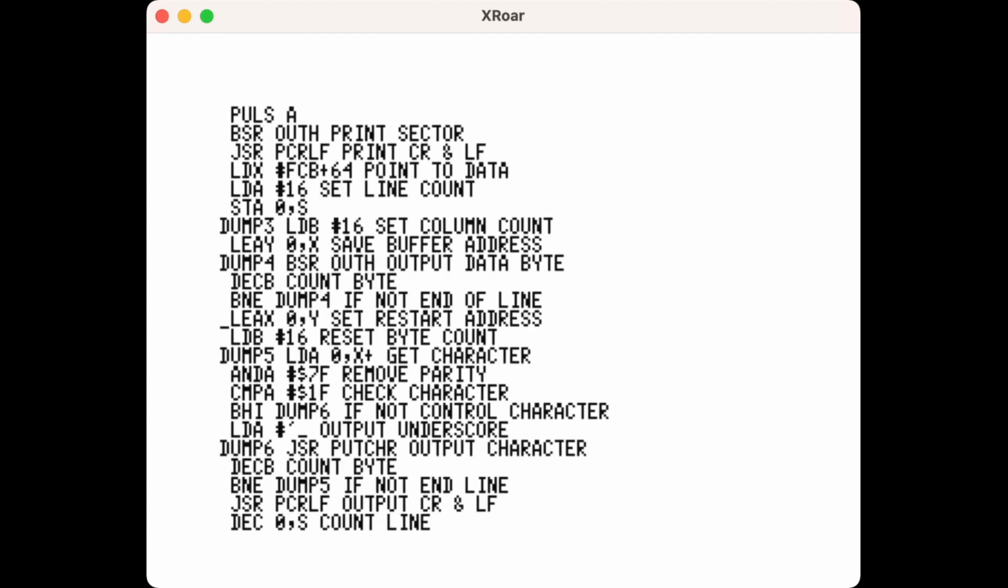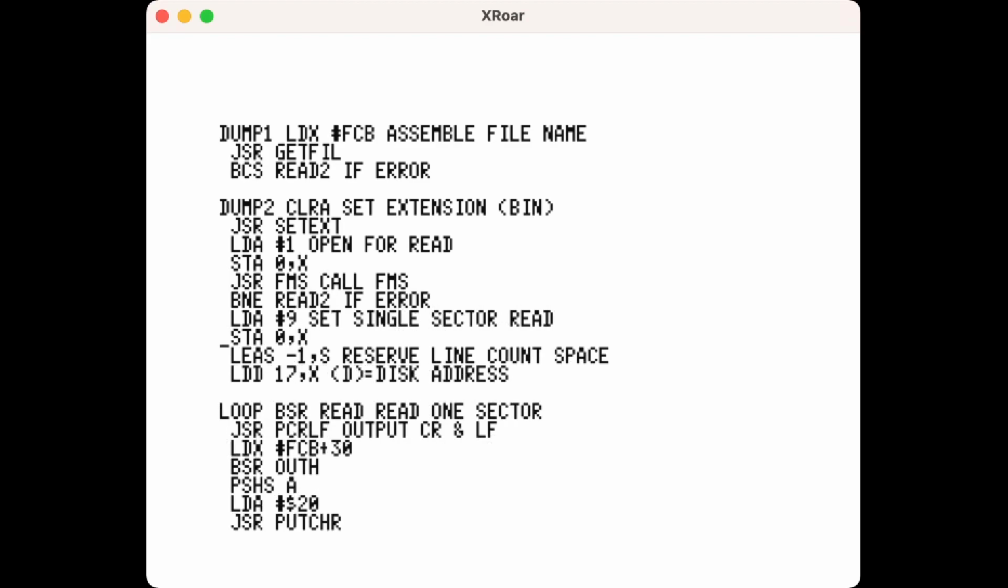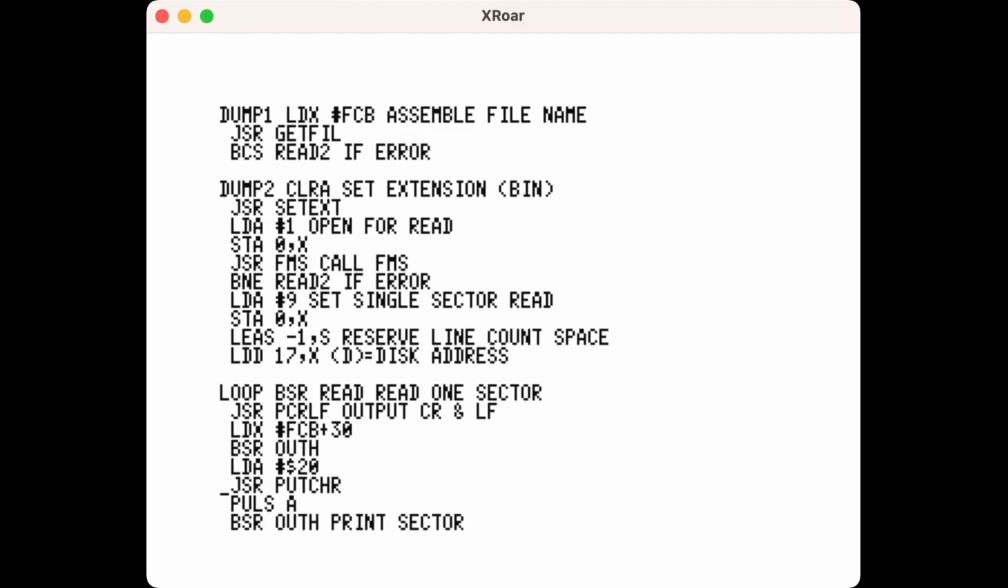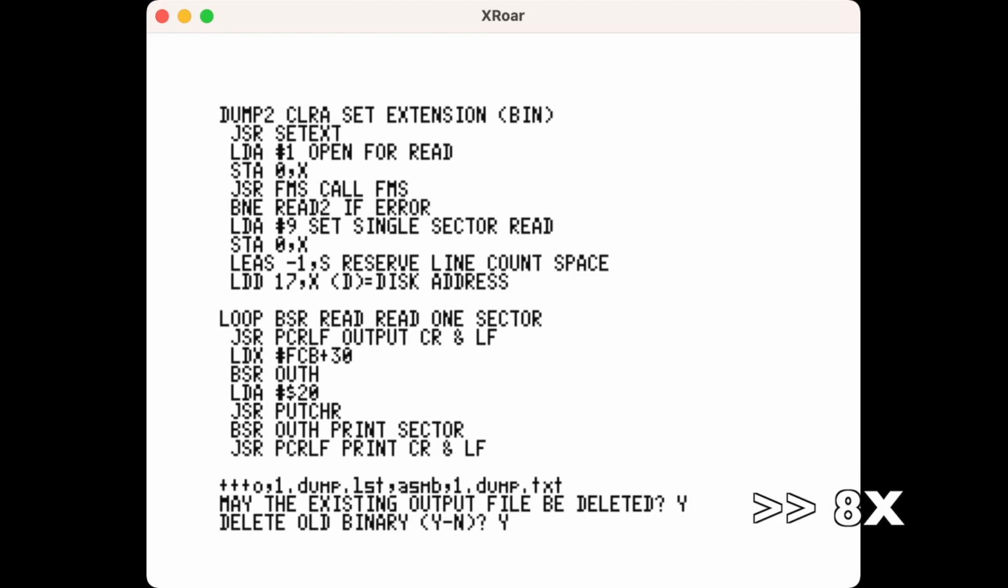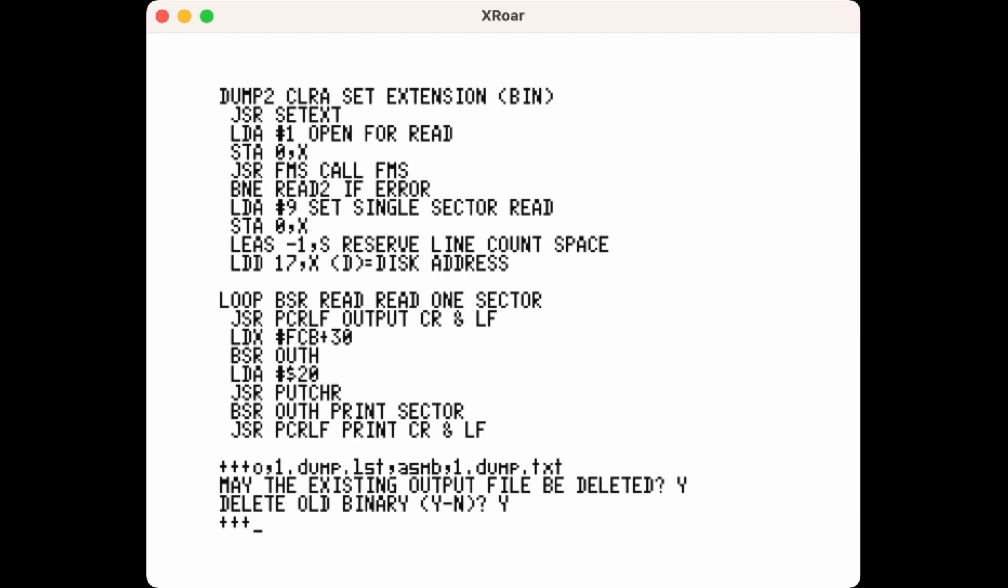Now, I think that this push and pull up here should be completely unnecessary. We just delete this, and we delete this, and save it. And now we assemble it again. Okay, now that that's done,